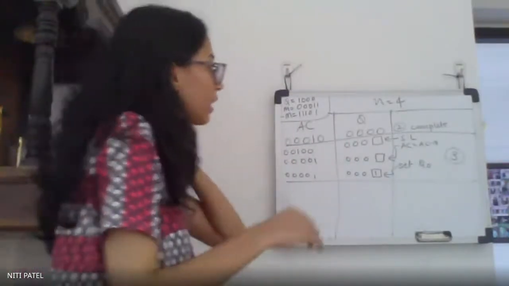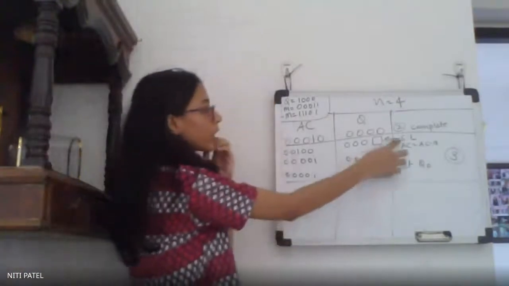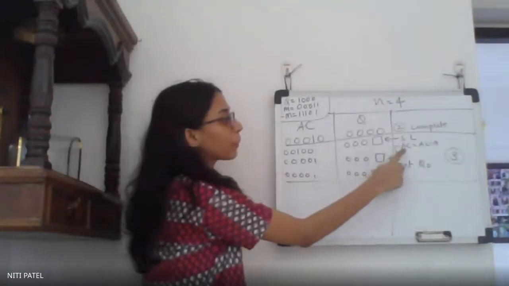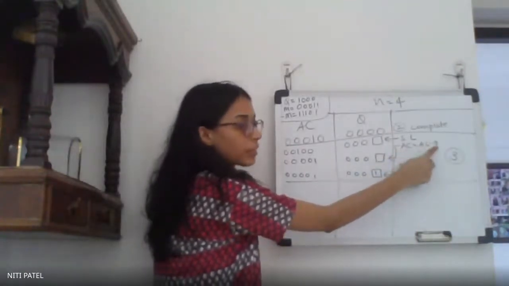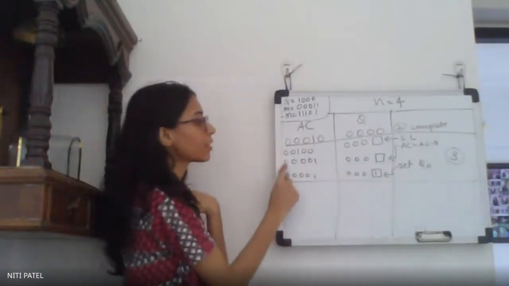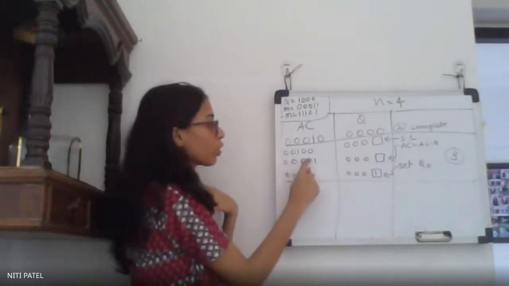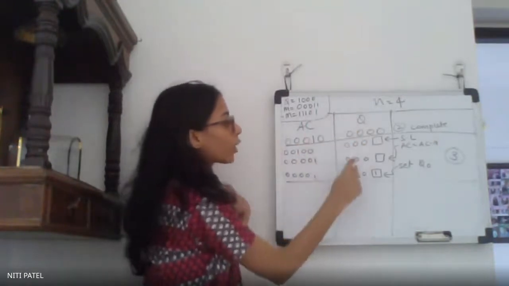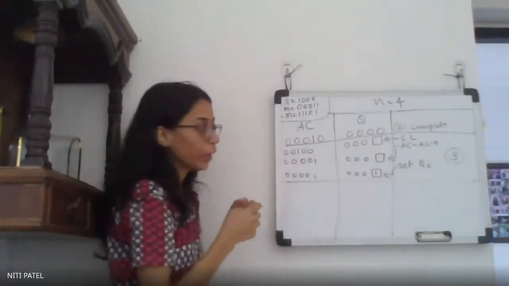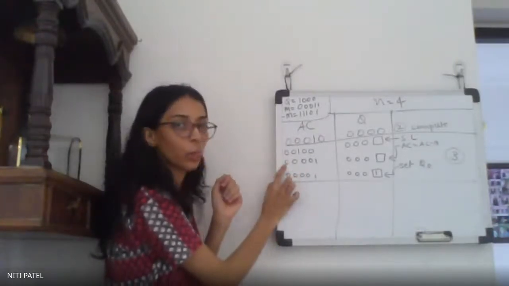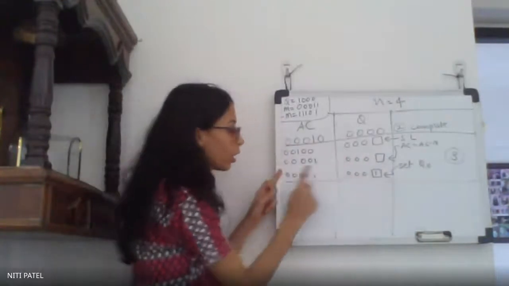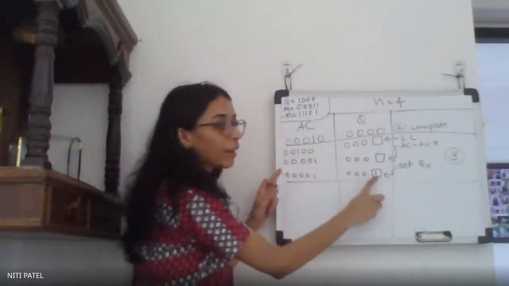So now if you see the third cycle, what we did is we left shifted from the result of the second cycle. After that we performed AC is equal to AC minus M. After I did that, I got in AC 00001 and in Q I got 000, and I had to decide the value of Q0. It is said that if it is 1 over here, you will put 0, but if it is 0, you will put 1. So since it was 0, I have appended 1.